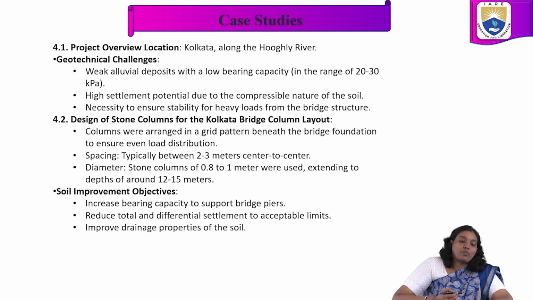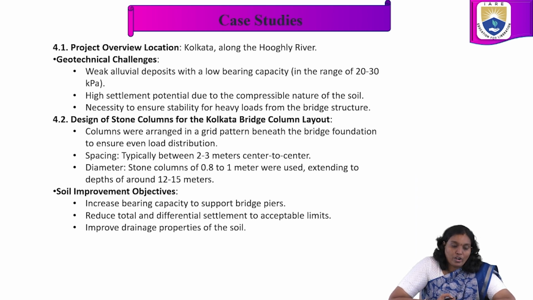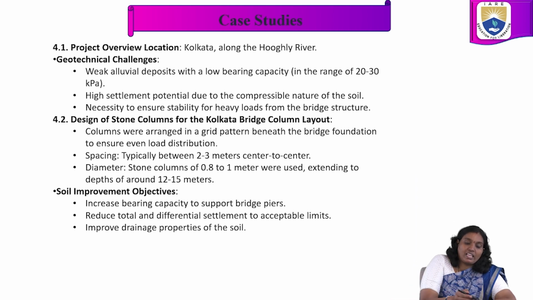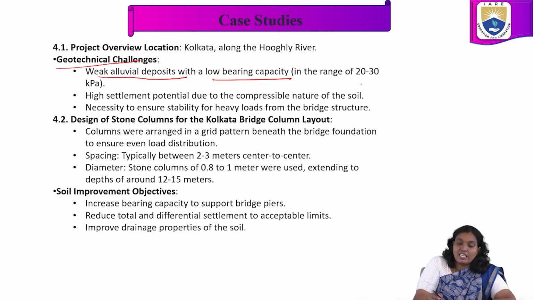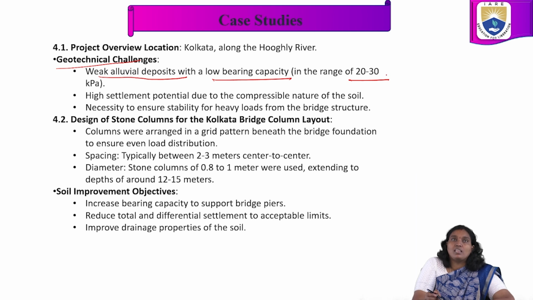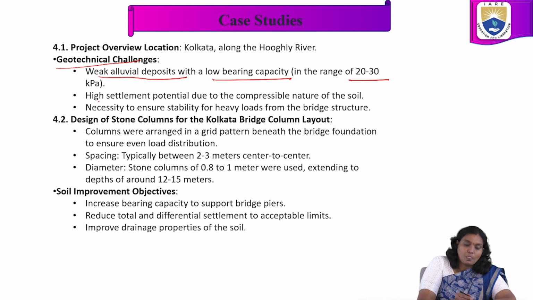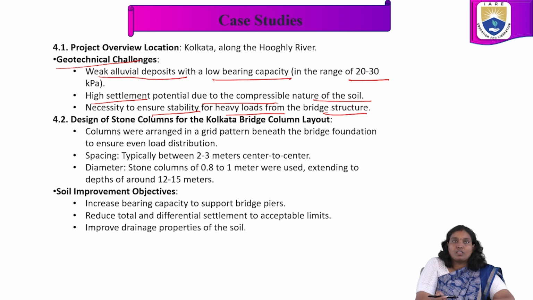From the overall project point of view, the geotechnical challenges we observe are weak alluvial deposits with low bearing capacity in the range of 20 to 30 kilopascals, high settlement potential due to the compressible nature of the soil, and the necessity to ensure stability for heavy loads from the bridge structure, and to design stone columns for this